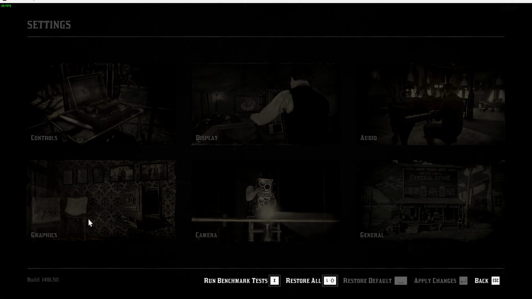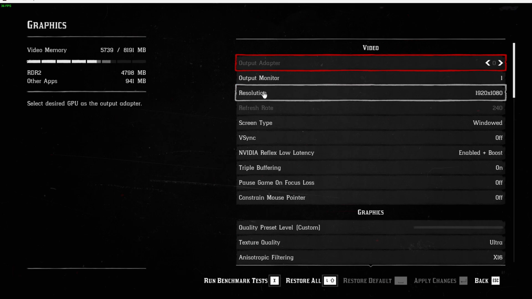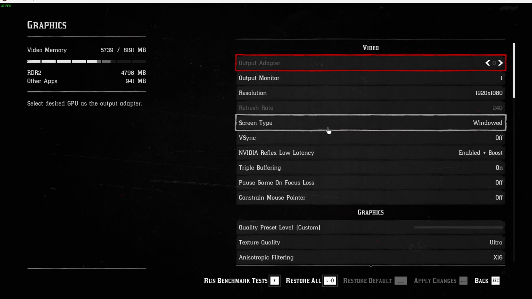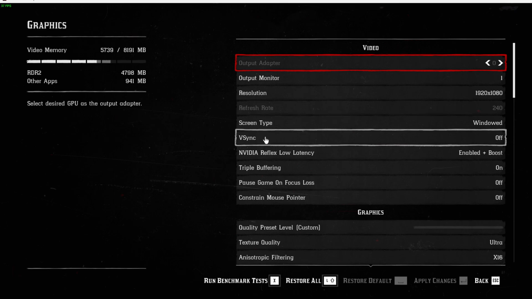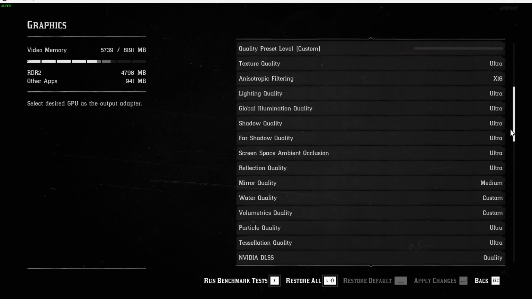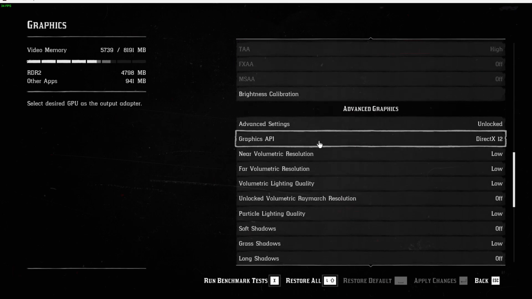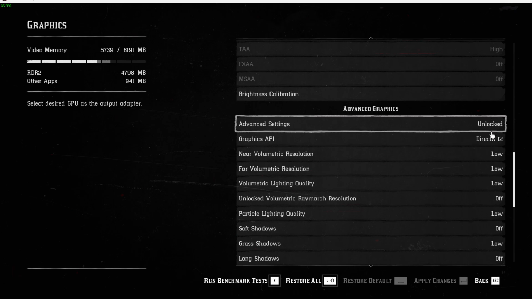First of all, go to graphics, then go to resolution, and make sure it's your native resolution. Make sure screen type is windowed, and VSync is off. Then scroll down a bit until you see advanced settings and then graphics API, and make sure it's not Vulkan